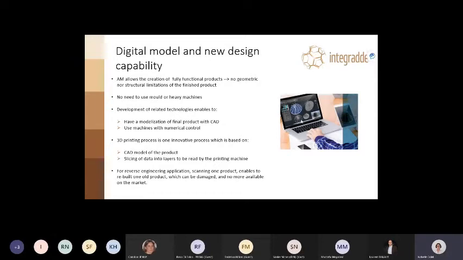So additive manufacturing allows the creation of fully functional products. And what is important to underline is that contrary to